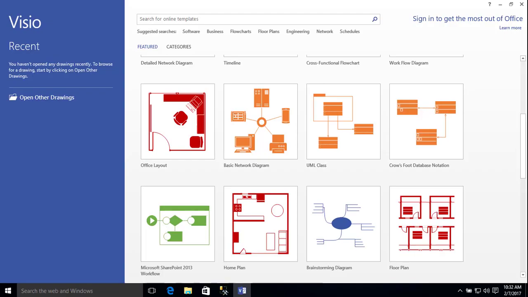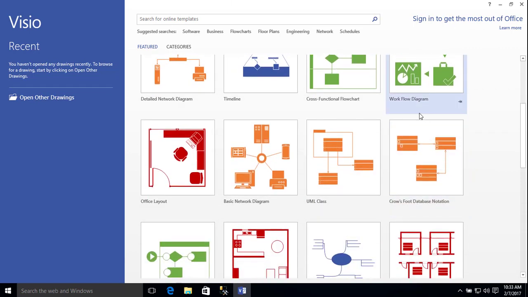Now that we know a little bit about ERD diagrams, entities, relationships, attributes, cardinality, crow's foot notation, let's put that into practice using Visio 2013 and creating an ERD diagram. So when we open up our Microsoft Visio, we see that through our list we can find crow's foot database notation. You could simply just scroll through, or you could type in, but crow's foot notation is one of our featured categories. So we're going to just click on that